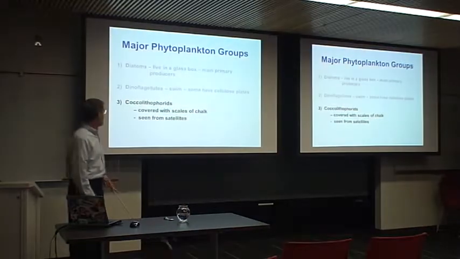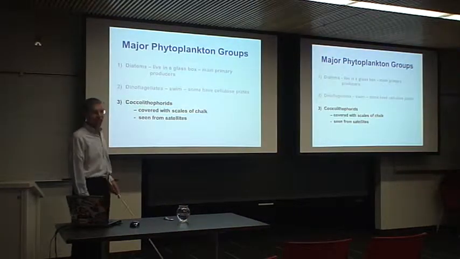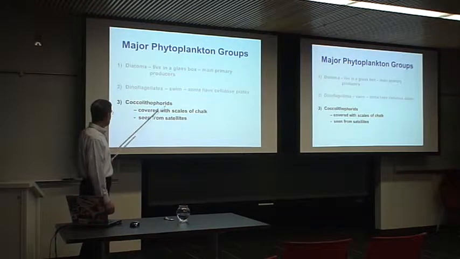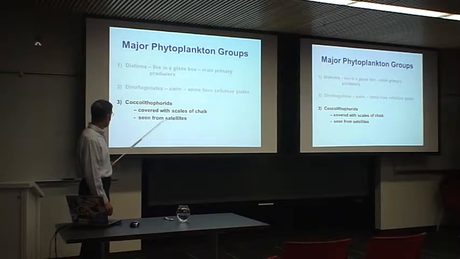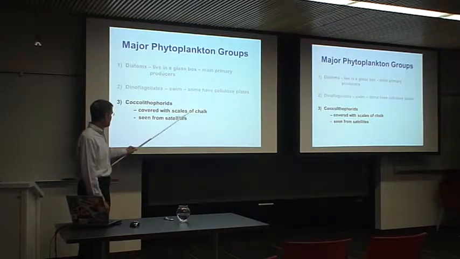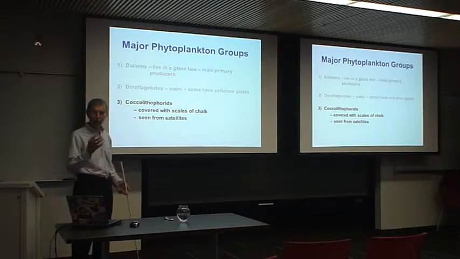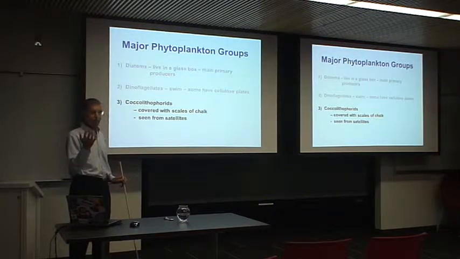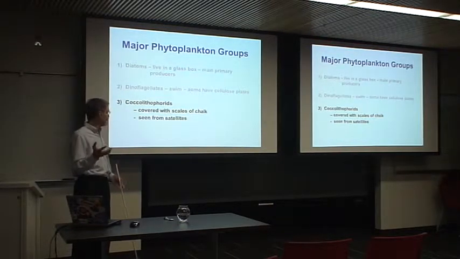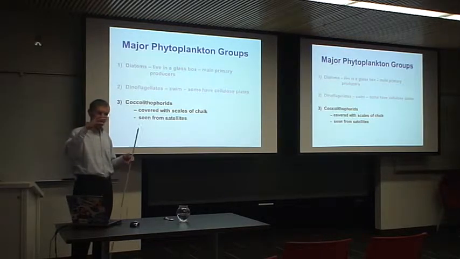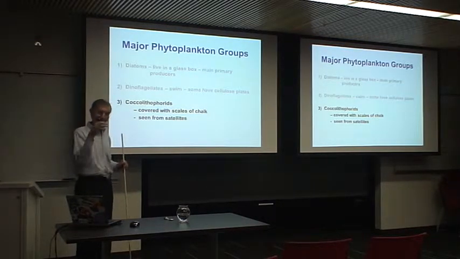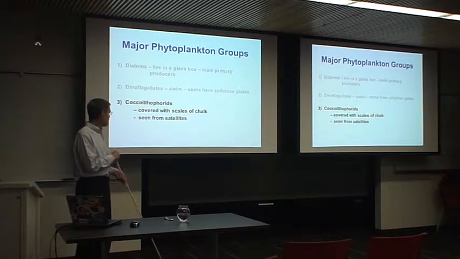So I won't have time to complete the third group of organisms here. These are the ones that have the scales of chalk. And as you know, chalk is not transparent to light, so it's a real mystery. How can they be covered with chalk and yet get light inside to carry on photosynthesis? So